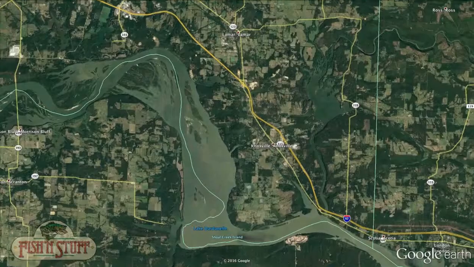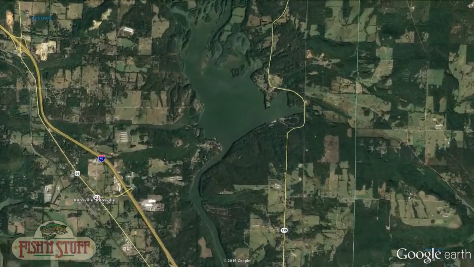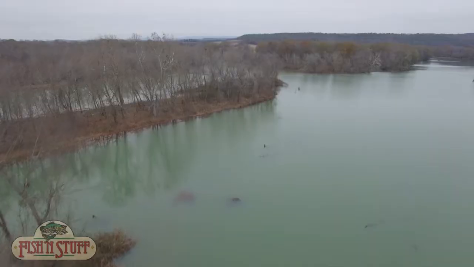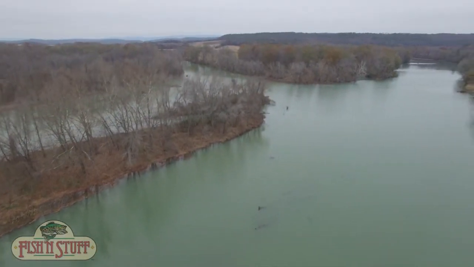River systems, we talked about just kind of a basic approach, and talked a little bit about current. Well, let's say you go to a river system that has a lot of backwater areas. Most of the river systems that have backwater areas, a lot of times they're really big areas and they all look the same. They're not. It may look the same on the surface, but most of those backwater areas are gonna have some kind of